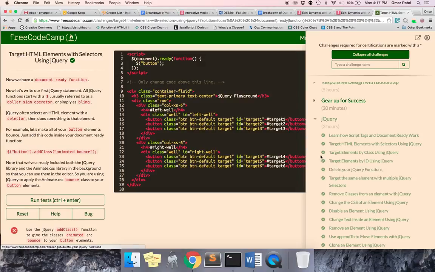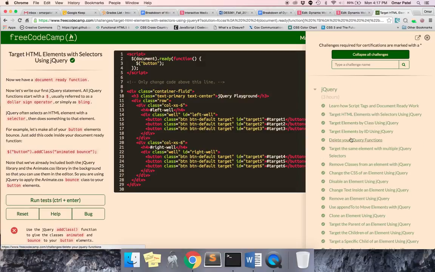Alright, so we have target elements by class, ID. Target elements by class is like, let's say we're trying to target this well. We just do .well. And then by ID, we're trying to target this left well, and it has an ID of left-well, so we just do #left-well. Again, we're just changing this part right here. So ID, class, and element selector. Cool. So now let's go to